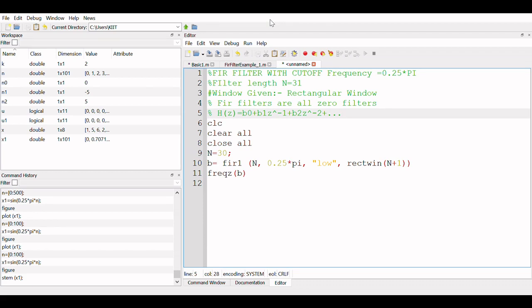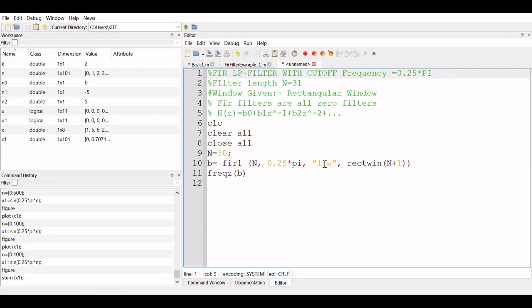So that's our aim. There is a ready-made command available to find out what is this b if this is the criteria. That command is called fir1. So this b is going to give me a vector of coefficients b0, b1, and obviously the first value is usually 1 or some value, depending on, if it is a rectangular window it is mostly 1 or multiples of that value, right? Suppose n is the length we have taken, and this is 0.25 pi, that is my cutoff frequency.